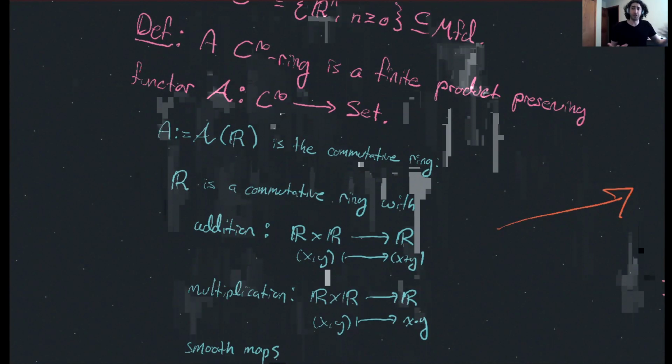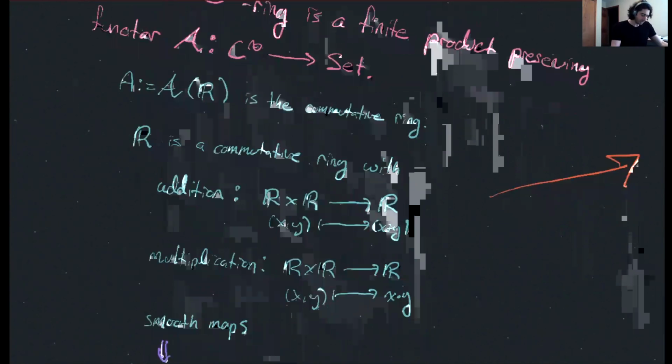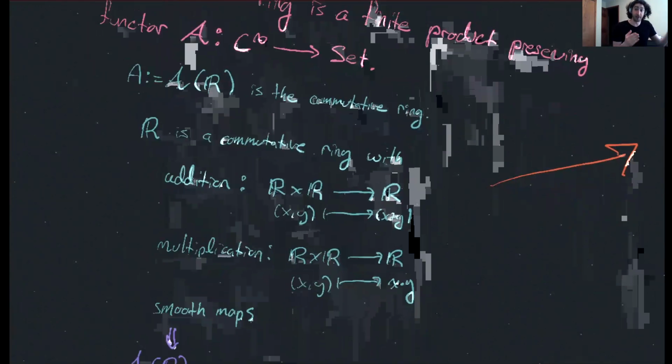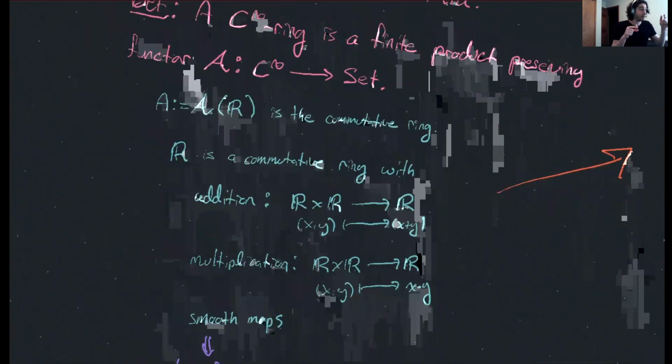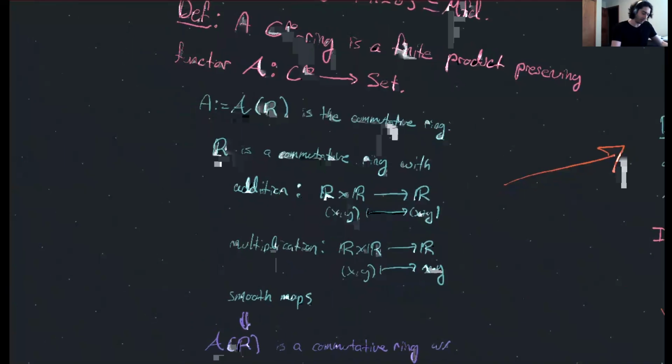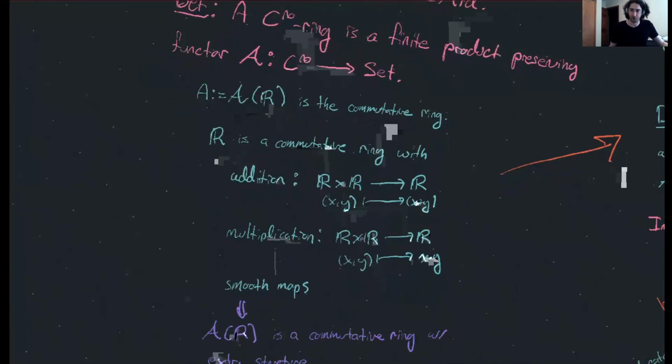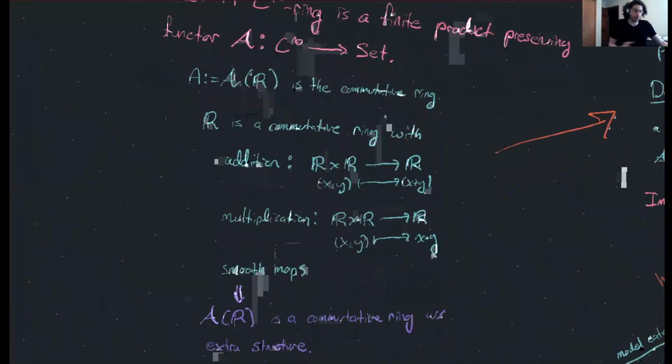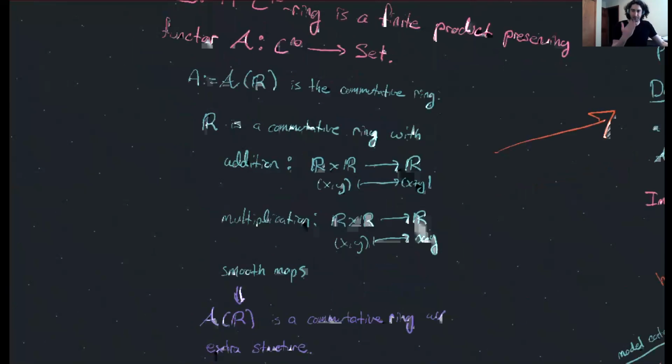And all the operations of a ring can be expressed as diagrams between the product of the underlying set with itself, using addition and multiplication. And since you preserve finite products, those diagrams become maps between the products as before, so you get a commutative ring structure. But you have more information because we also have some sort of n-ary operation for each smooth function. Okay,